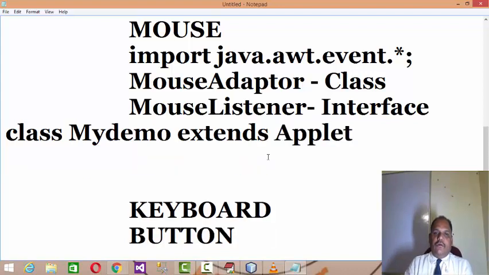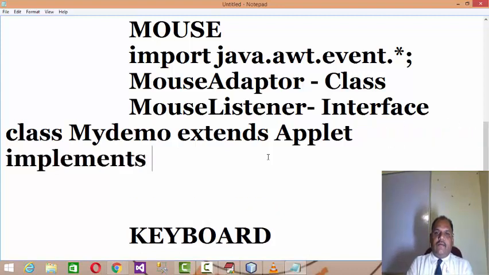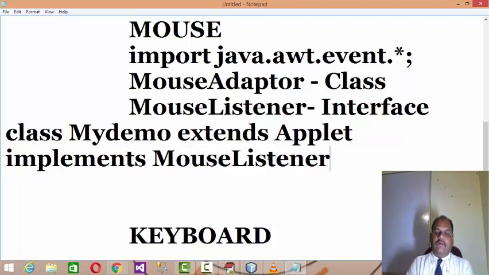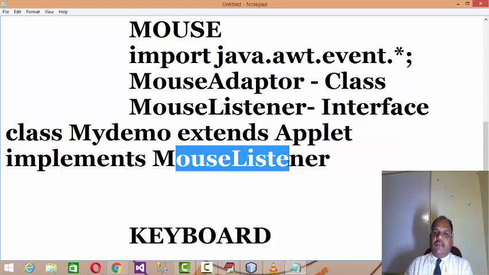So what you need to do is extend your class from Applet and implement MouseListener. Now all types of inheritance are allowed in interfaces. It means you can extend your class from one source and implement MouseListener, KeyListener, ActionListener, WindowListener, whatever.